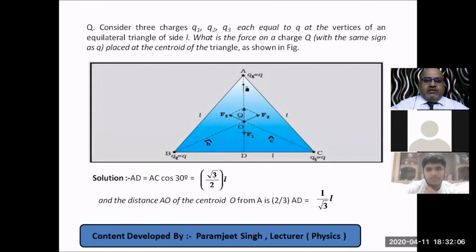Symmetrically, we have this result in our hand. So it means, see, very clear, this distance is the same. This pair of charges is the same as this pair, distance is same, product of charges is same. It means F1, F2, F3 are equal in magnitude but different in direction. So I have taken A cap unit vector along F1, B cap unit vector along F2, and C cap unit vector along F3.